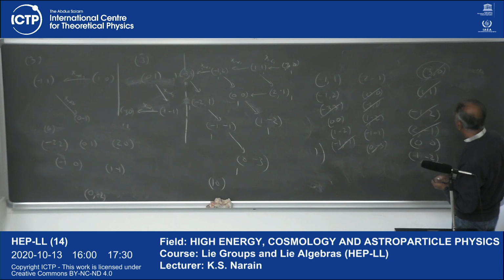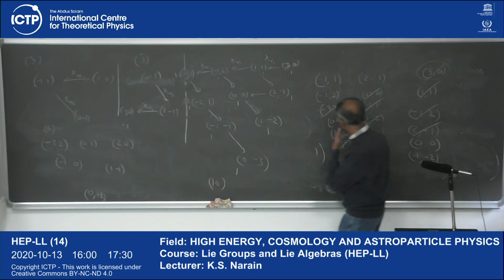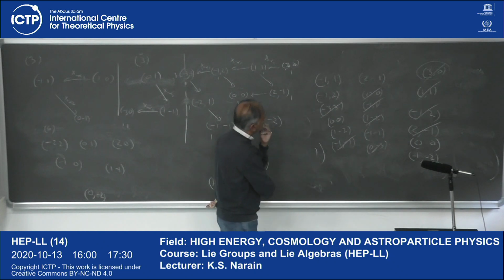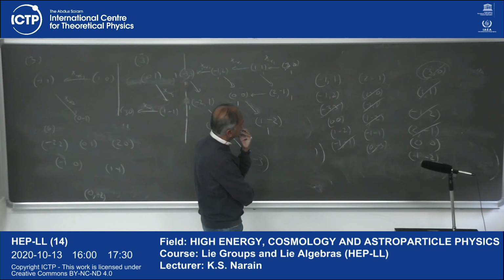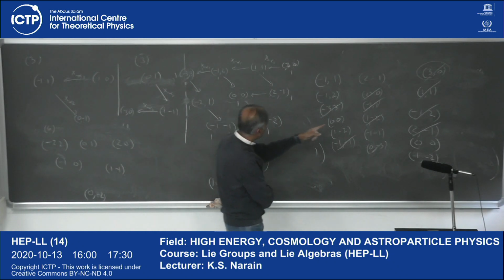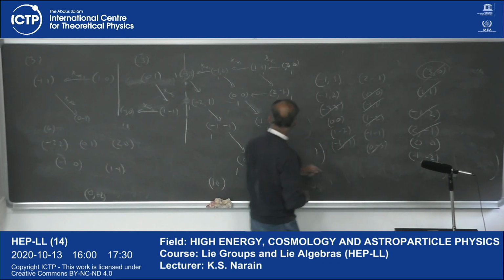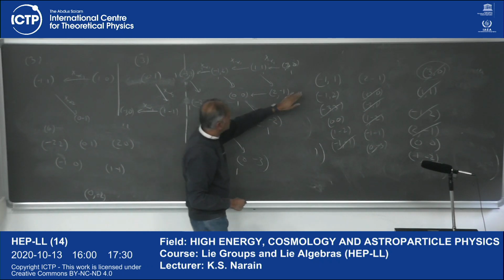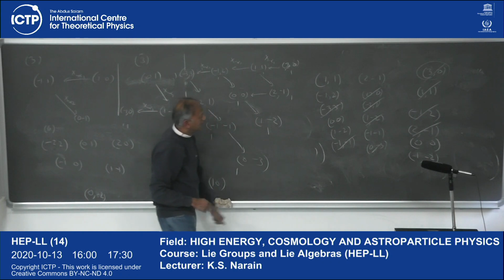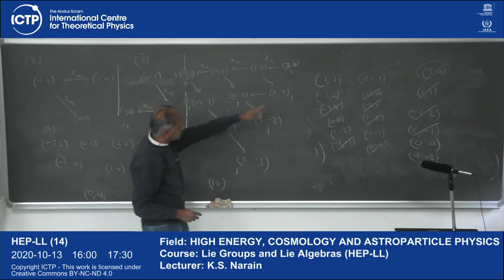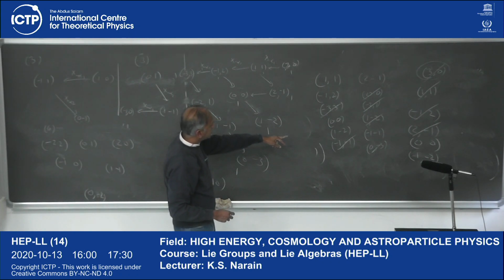I don't see 1, 1. Yeah, the first one is 1, 1. The minus 1, 1. Sorry, what are the things here? The first row and the first element. Something is, I think I missed something here. There should be 1, 1 left over. Actually, there should be, on the top, the left. This one was 1, 1, right? Yes. Okay. So then you see, now if you look at all the remaining guys, the highest weight,